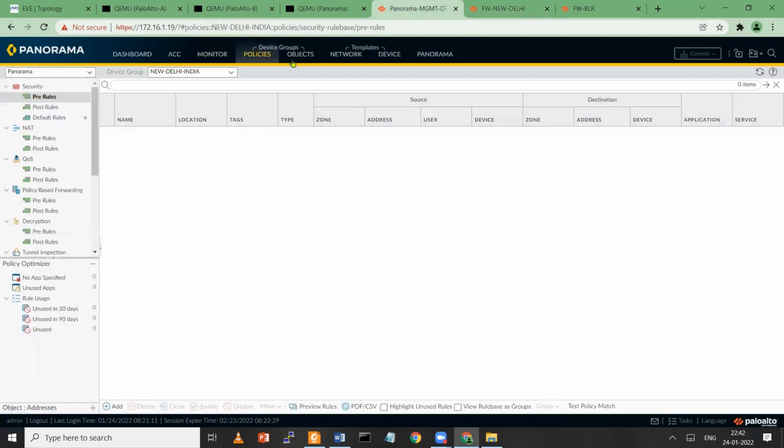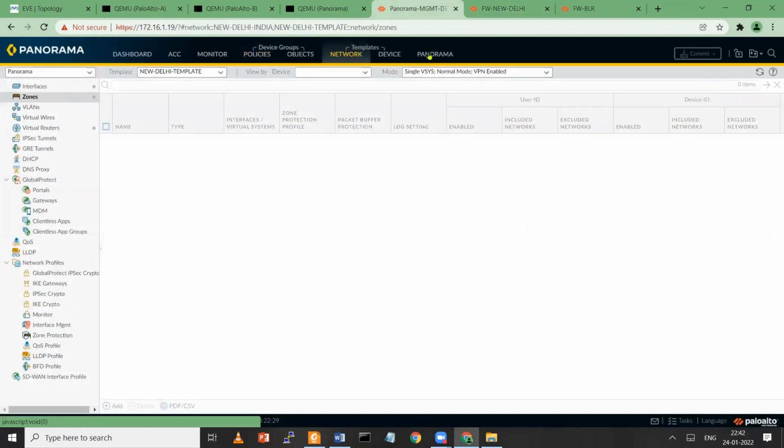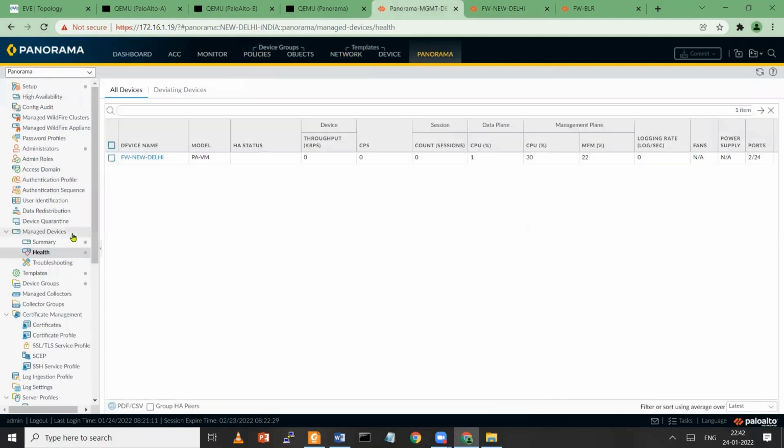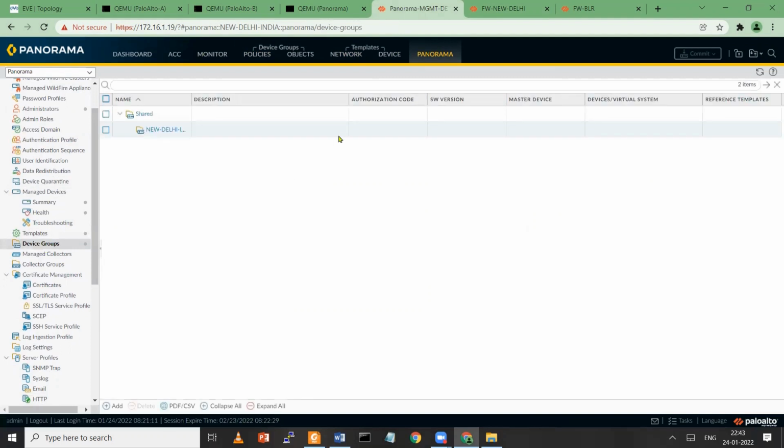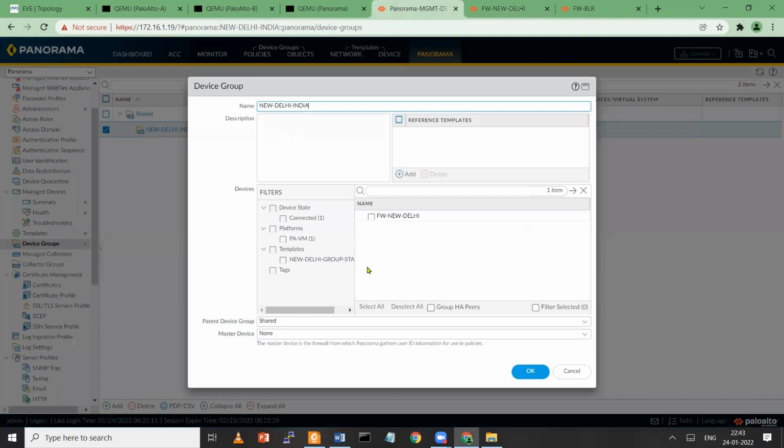Now guys, next task is to group. So I think we didn't assign group for the particular device, or why is it showing like this. Yeah, okay.